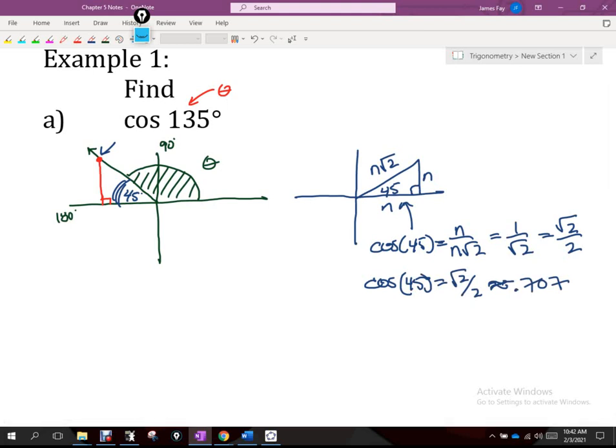So the cosine of 135, exactly the same thing, except cosine of 135, because it terminates in the second quadrant, is a negative divided by a positive. So it's not 0.707, it's negative 0.707. Does that kind of make sense, everybody? Now, if you pick your calculator out,